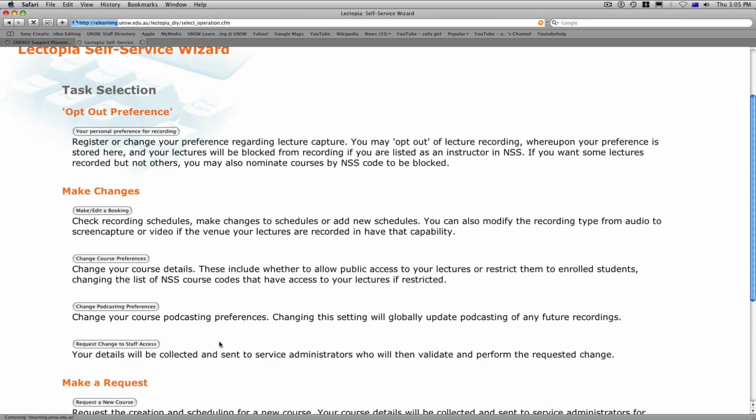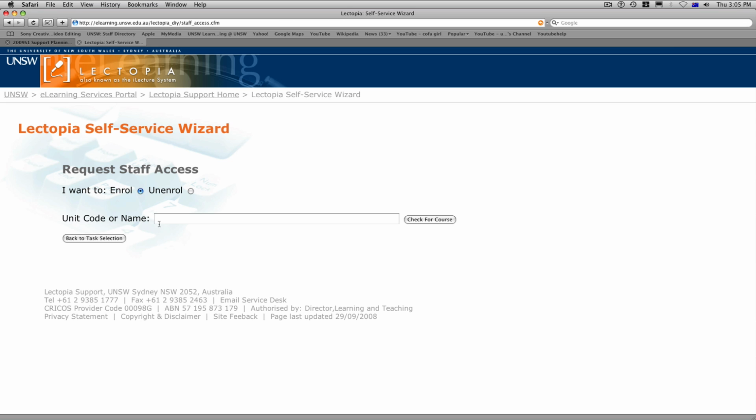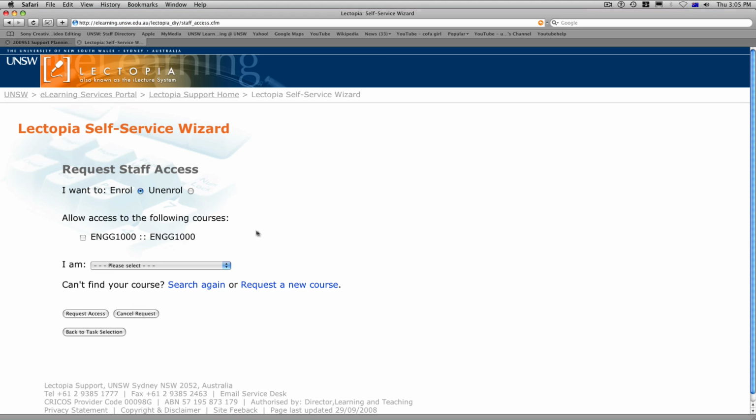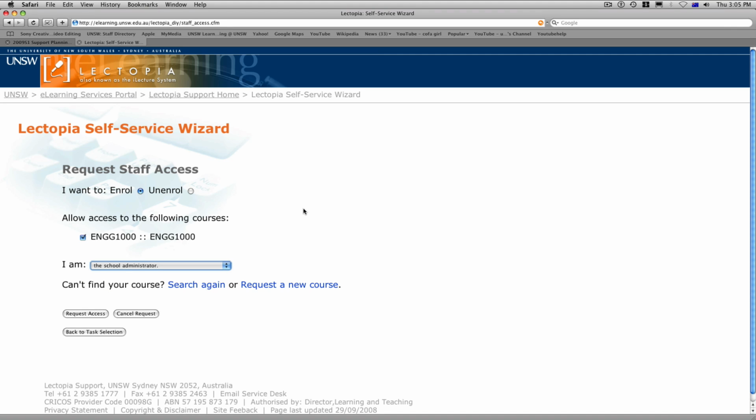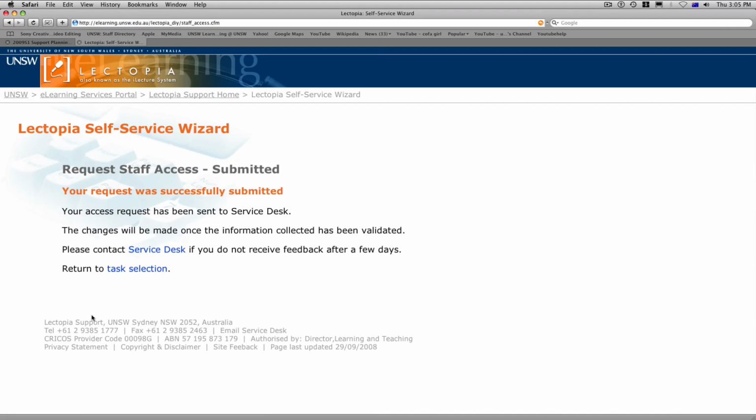So the way that you gain access to them, once again, is to go back to the Staff Access tool, and in this case, you want to tick the Enroll option and first search for the course. So let's say I want to search for Eng 1000. Now, what I'm going to do here is I'm going to tick that option, say yes, this is the course I'd like to gain access to, indicate my association with the course. Let's say I am a school administrator,